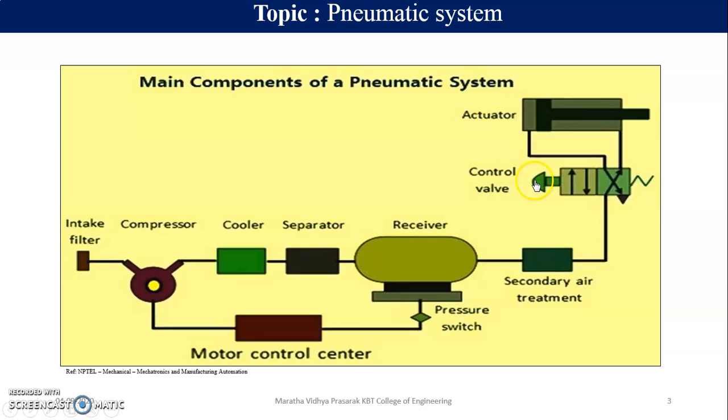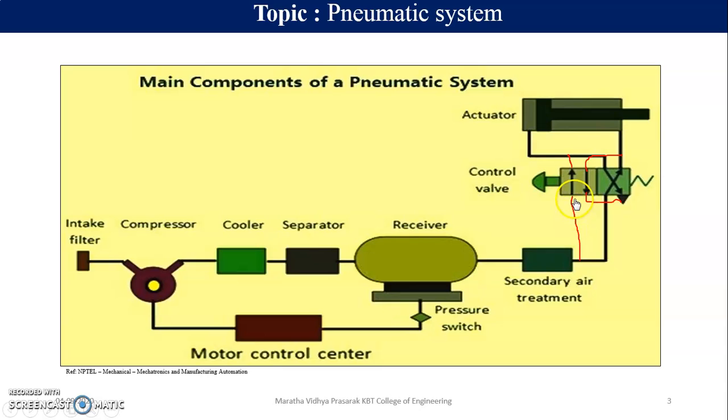Now what if someone presses this control valve? What will happen? Someone has pressed this control valve, so ये जो position है वो change होके यहाँ पे आएगा, and this point will be connected here, this point will be connected here. Now how will it be connected? Okay, now I will just show you. So the pressure port is here and the exhaust port is connected here. Okay, disconnected directly here, and this air port will be here, and the exhaust port will be given the path like this. Okay, so how is it going to move now?